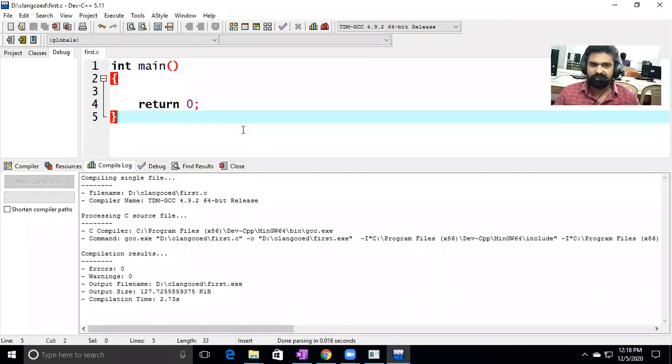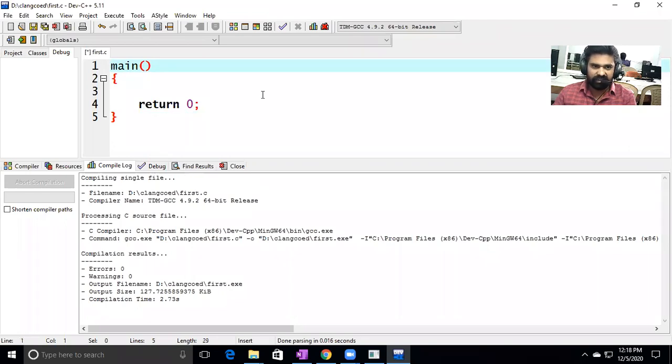No problem is there. If you don't write int, what is happening? Let me check here. Now, implicitly it is taking int. In the C language, the default return type for every function is int.